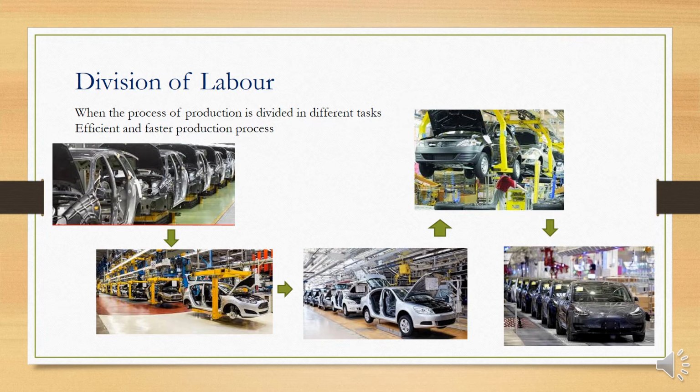Division of labor is, for example, in a factory, you divide sets of persons into different sections. For example, it's a car-making factory. In the first one, the people are simply getting the frame and putting together the basic frame items. In the next one, in the second photo at the bottom, you are looking at some people adding the front hoods to the vehicle, and then you can see in